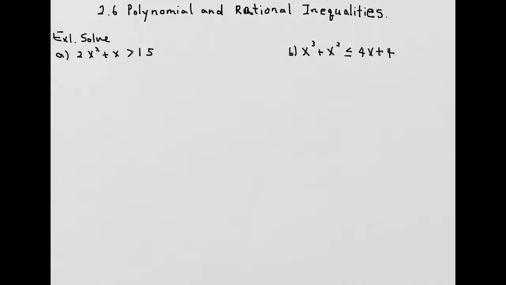In section 2.6, we're going to look at two different types of solving. The first example is solving a polynomial inequality. Example 2 will be rational inequalities. The first thing you need to do for